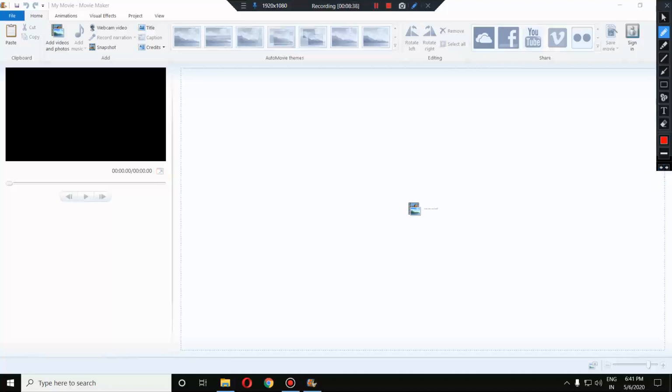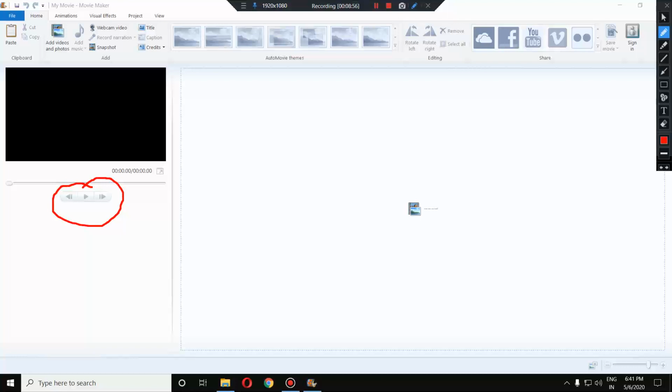Then we have the movie control panel, that I already told you about. I only have to tell you the name, that this is known as the movie control panel because it controls the movie, either it pauses or takes it back or forward. That's why it is the movie control panel.